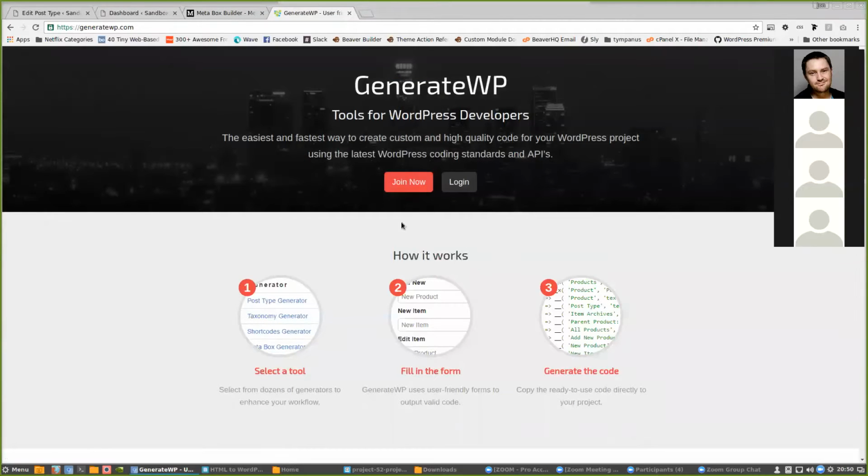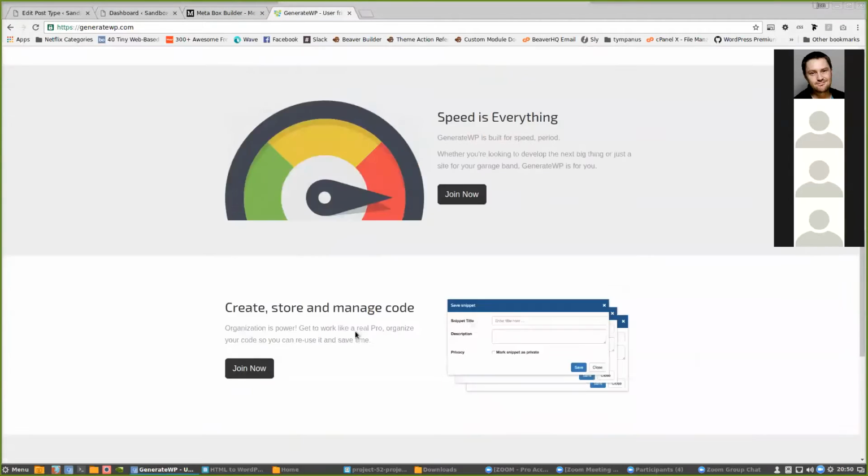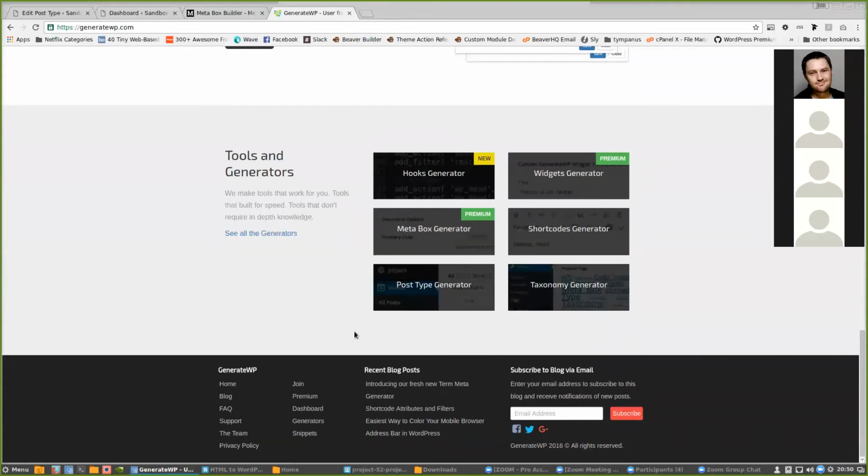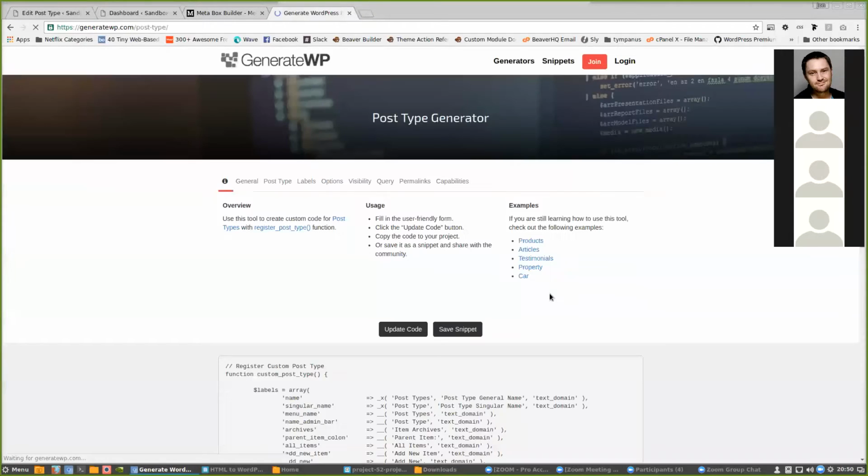So you can't see the generators here. There you go, down the bottom. Oh, here, yeah, there we go. So we can go to post type generator. So when it's a premium one, you have to be logged in. So if we click on all the generators,